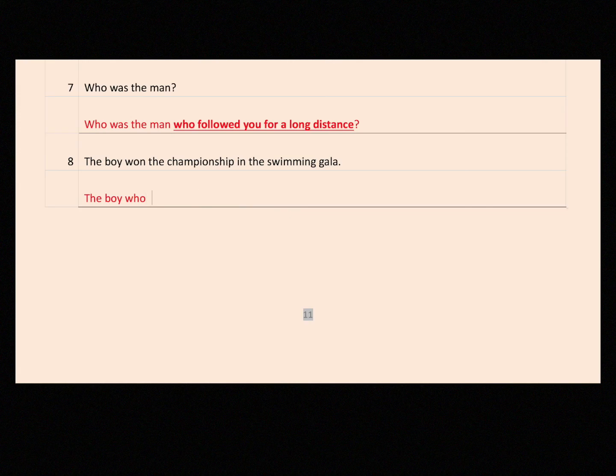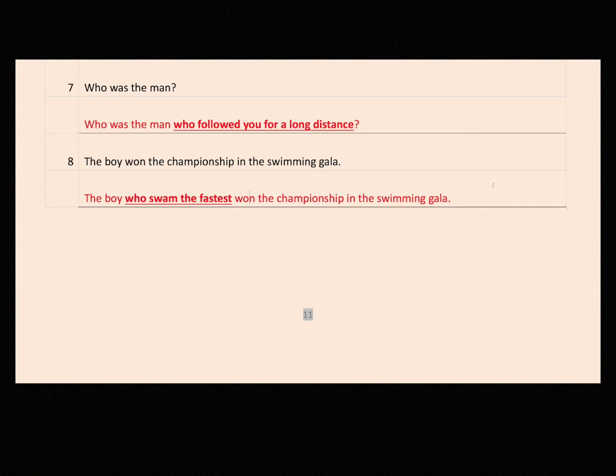So the boy who swam the fastest, okay, won the championship in the swimming gala. Okay, this is the relative clause I put. The boy who swam the fastest. As in past tense because the original sentence is also in past tense, and we use who to talk about